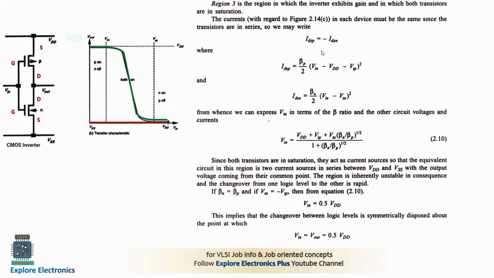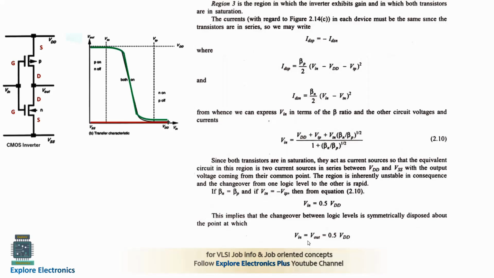So it is taken as minus, and this is the expression for current in the P transistor when it is in the saturation region. This is the expression for the N transistor current in the saturation region. And if we take these two and equate them, with the negative sign, we will get the expression for Vin. This Vin will have beta N and beta P values. If you consider beta N and beta P are the same, and also the magnitudes of the threshold voltages of the two transistors are the same, then we will come to know that Vin will be equal to 0.5 into VDD,